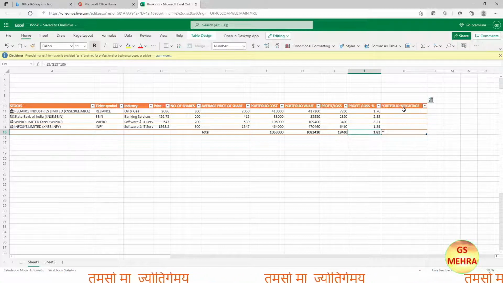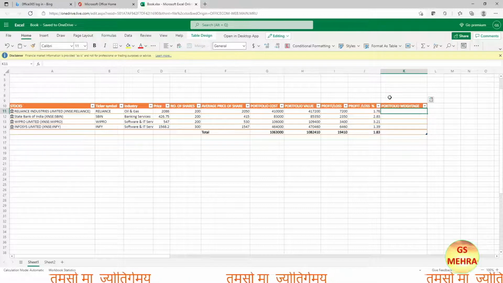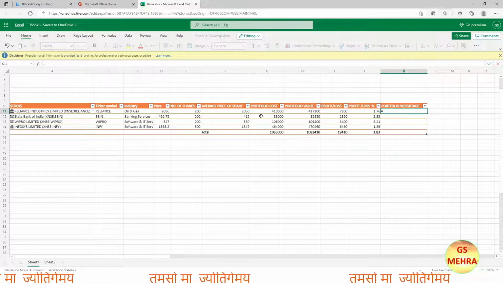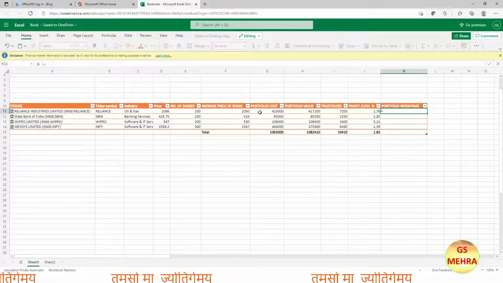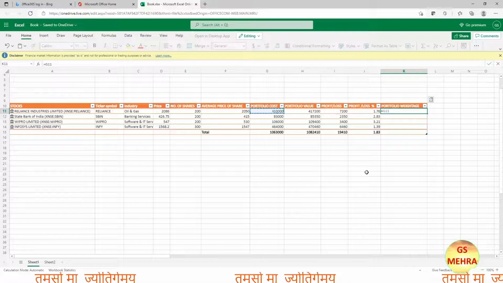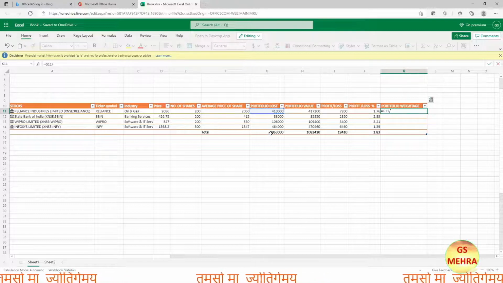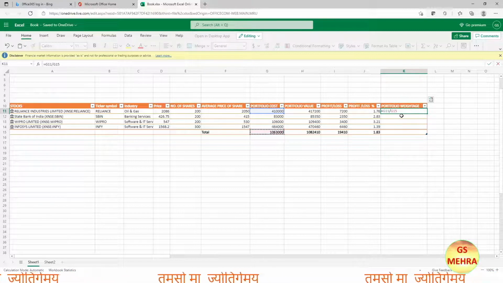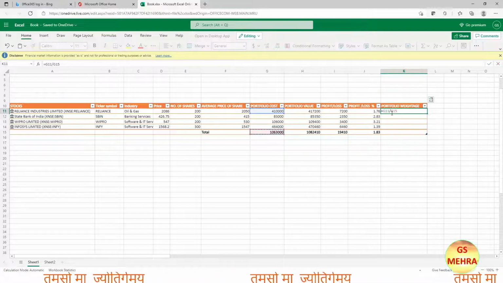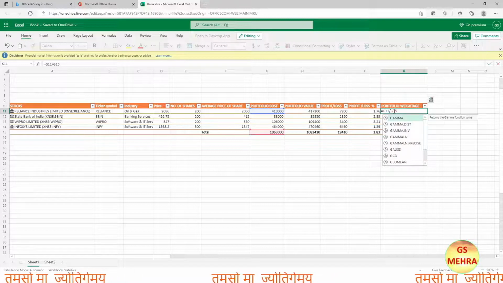Next, we'll find the portfolio weightage. For that we'll write equal to, and then we'll divide the portfolio cost of any particular stock by the total portfolio cost of all the stocks.